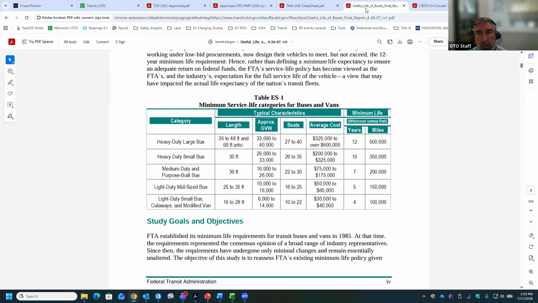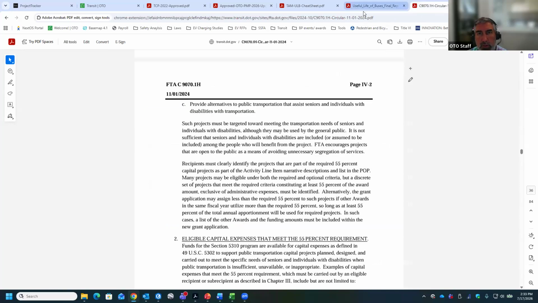So useful life, there's two definitions from FTA, and normally you have the smaller vehicle, so it shows it's 4 years or 100,000 miles and whatever. So you don't have to reach both. It says whichever comes first. And there's also, oops, that's the wrong one.